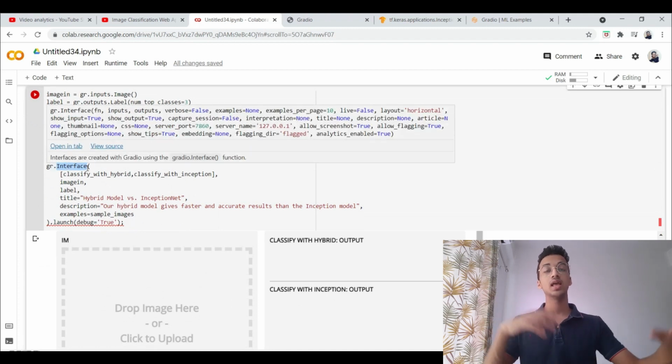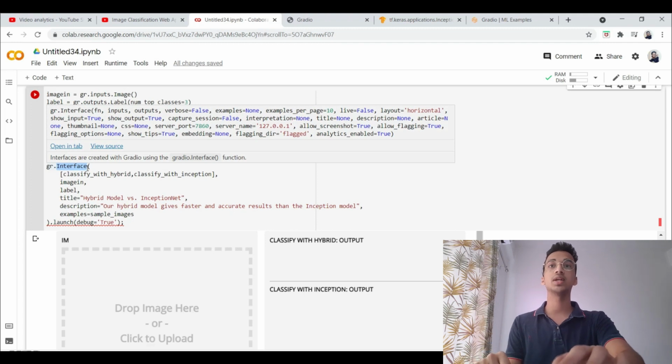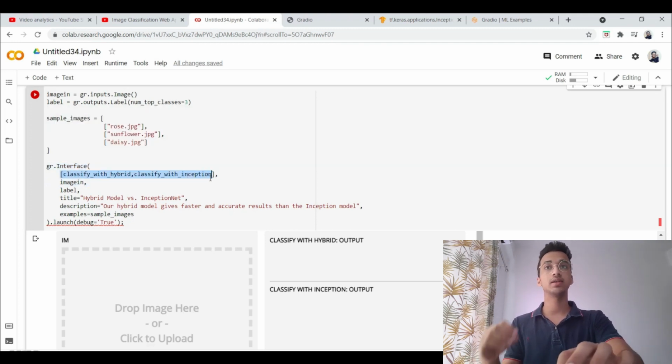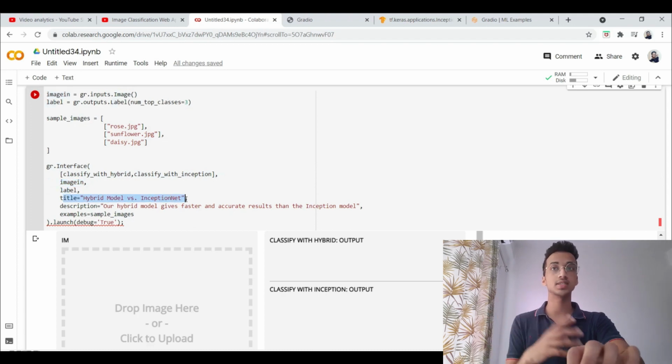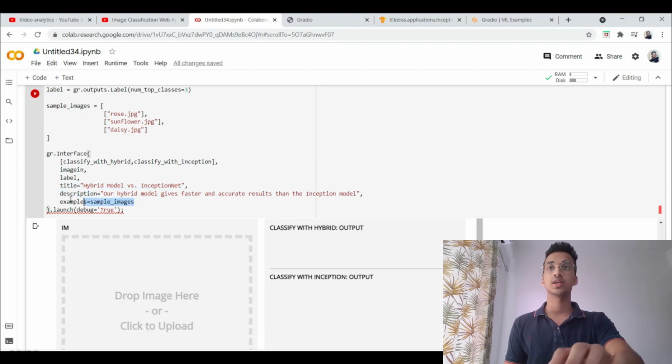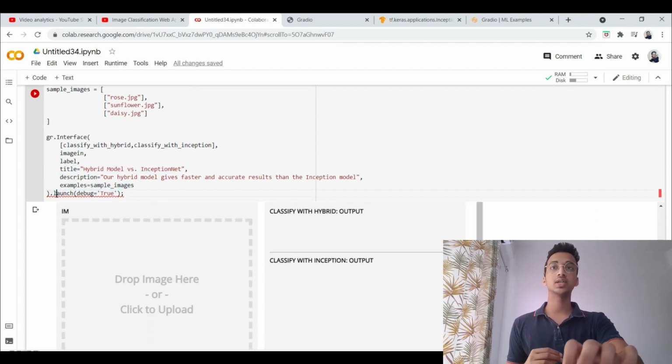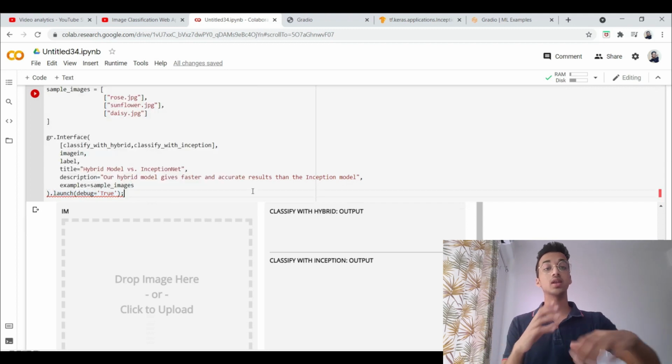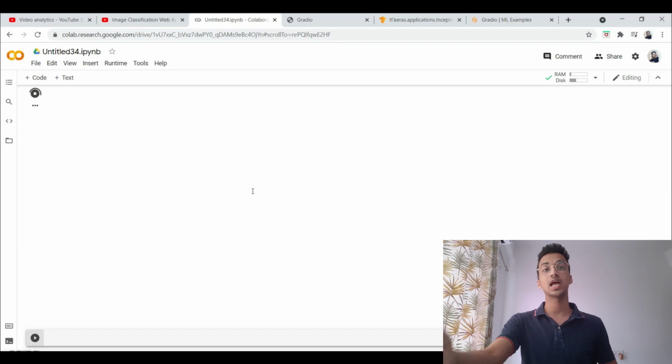The inception model and the hybrid model. So I have to mention those 2 functions over here. I tell them what input I want. This is the output format. You can add the title, hybrid model versus inception, some description about it, and sample images, right? And I simply launch it, and when I write debug is equal to true, basically whatever error comes up is going to show in your Google Colab itself.